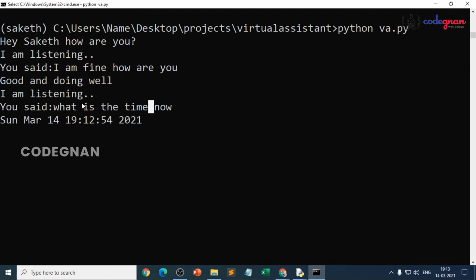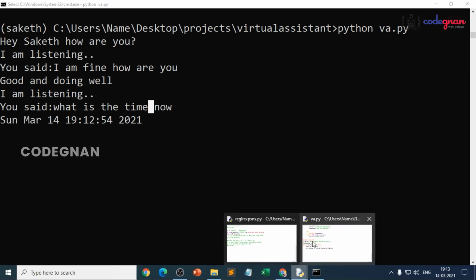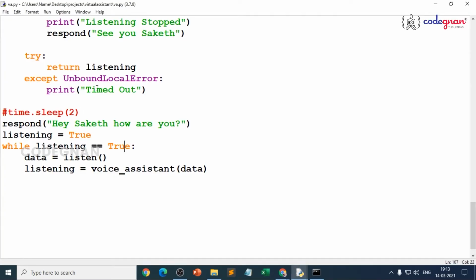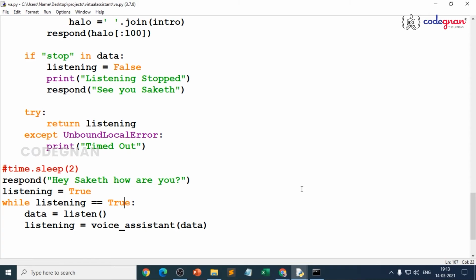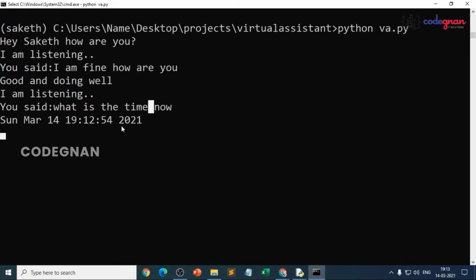So once it is asking, it just waits for us. Again, it will tell "I am listening," and then it will continuously parse, because it needs some particular time. I think I did not give the time dot sleep here. Yes, time dot sleep, and it is timed out. Now let me see. It will fetch again. Let me try once again.